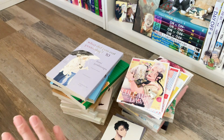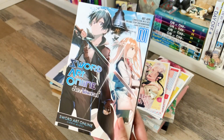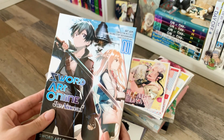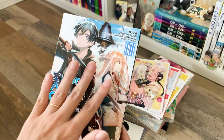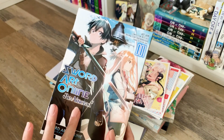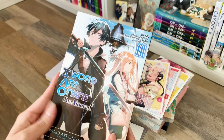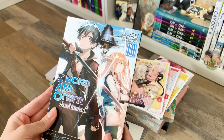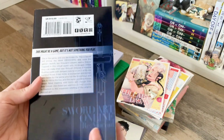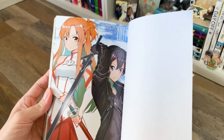A few more books and then I'll get back to the merch. The next one is Sword Art Online re-Aincrad. So I was really happy when I found out that they were releasing re-Aincrad, which was more in the art style that I was used to from watching the anime. I wasn't a big fan of the Aincrad art in the original manga, but I am a fan of Sword Art Online, the anime. Aincrad is my favorite arc, so I was happy to find out about this release. But it is one that we're going to be